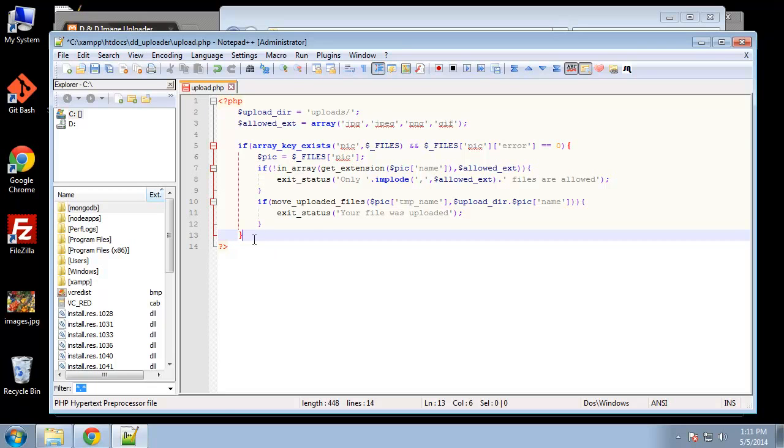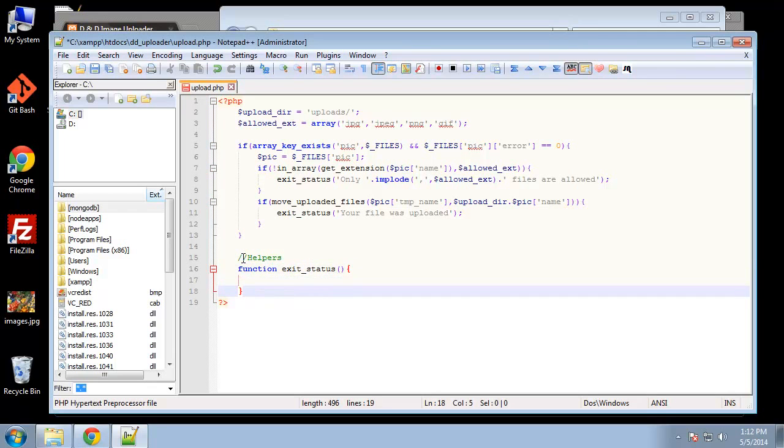Now what we're going to do is create those functions that we need to create. These are basically helpers. The first one we're going to create is the exit status, which we called here and here, which will basically just return something for us. So we're going to say function exit status, and it's going to take a string,